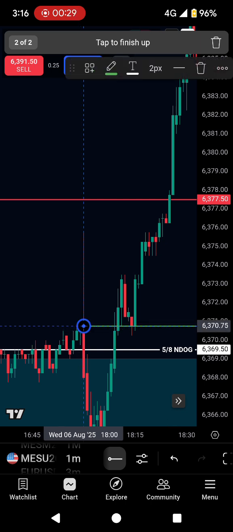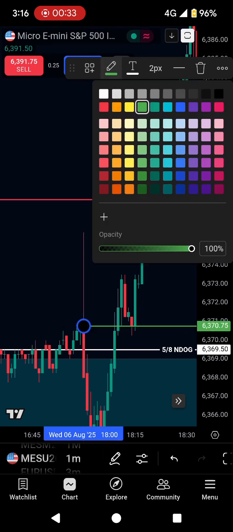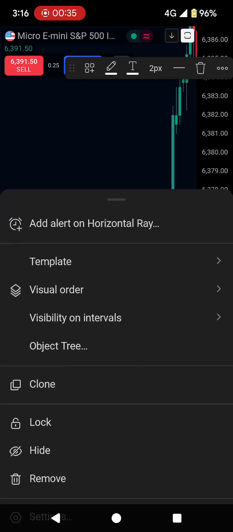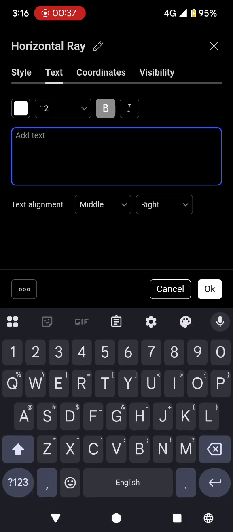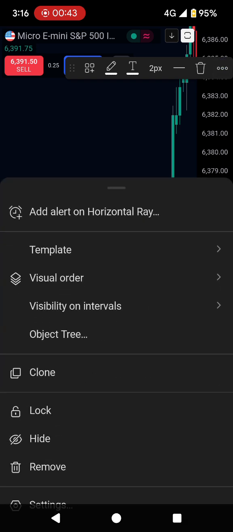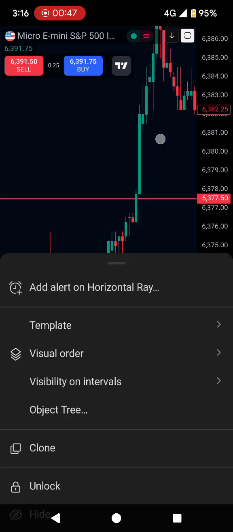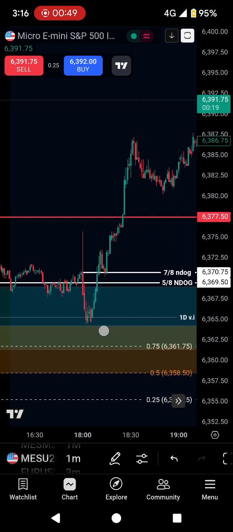So this is the end dog here for 7th of August end dog. And we must lock it. Okay, so